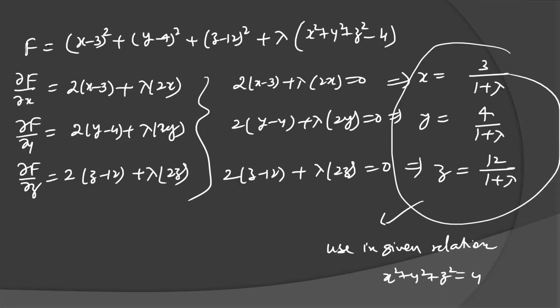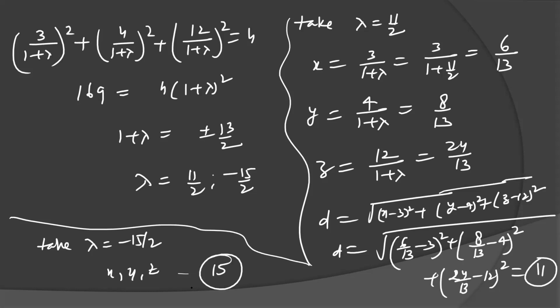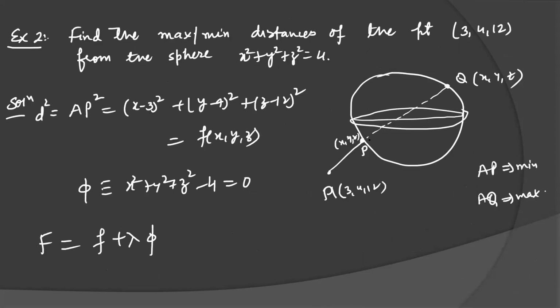Actually, the relation between x, y, z, another answer you will get, I'm telling you, that will be 15. Next distance will be 15. And it is the maximum distance, the other is the minimum distance. You get the maximum distance when you add the diameter. It's 3D, so it will be the diameter, and the diameter of the sphere is 4 here. So if it is 11, then it will be 15.